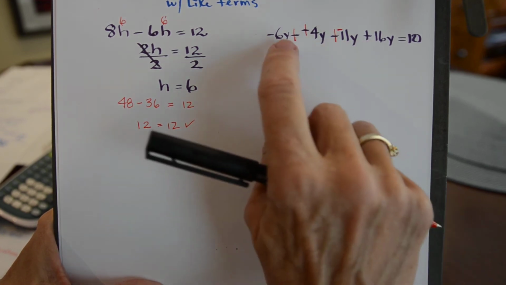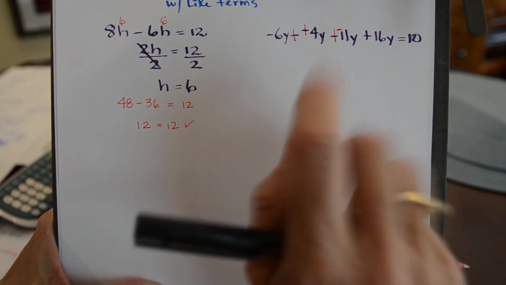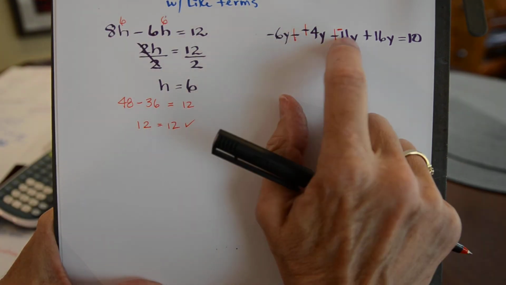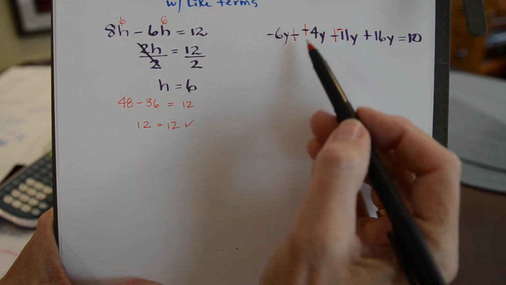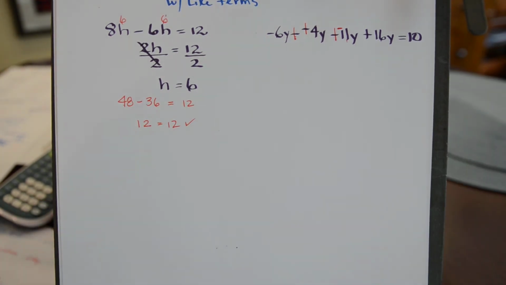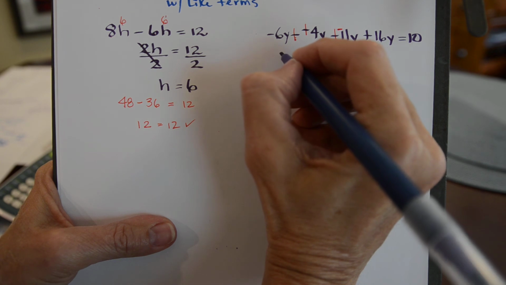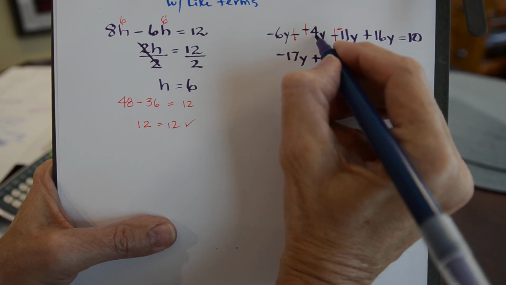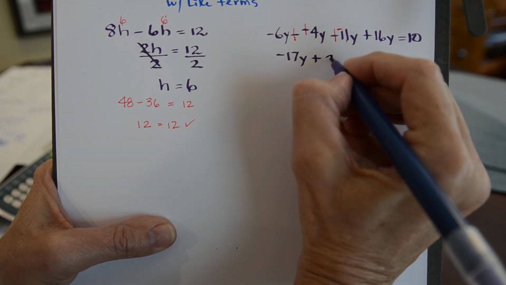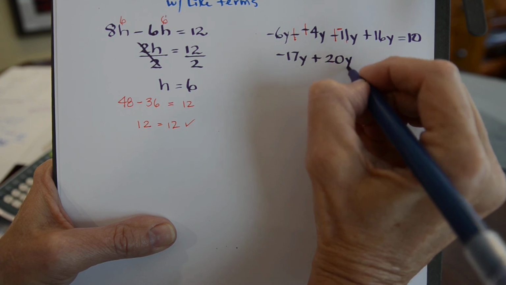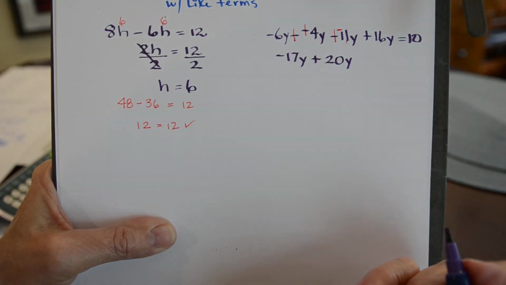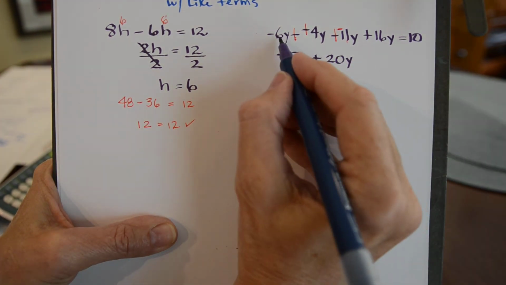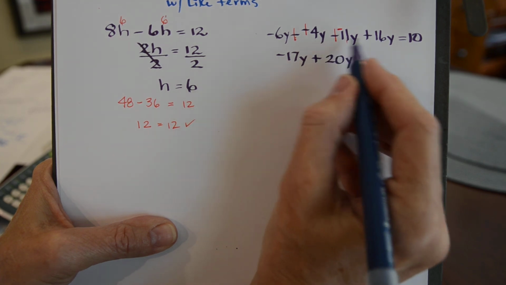You can choose to put them together in this order that they come, or you can look for things that are easy to combine. I could put my two negative numbers together, and if I do that, I'm at negative 17y, plus, then I've got this positive 4 and this positive 16, which gives me 20y. Then I need to put these things together, and I end up getting, is that right? Yeah. And then I end up getting